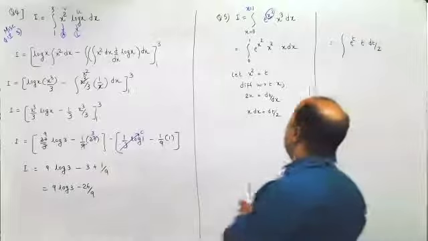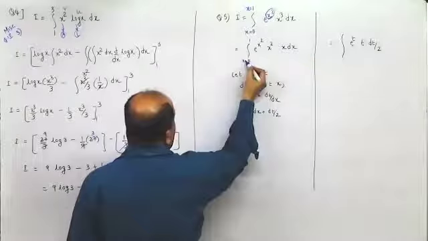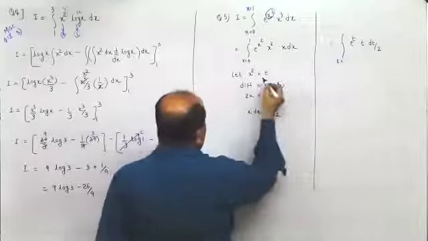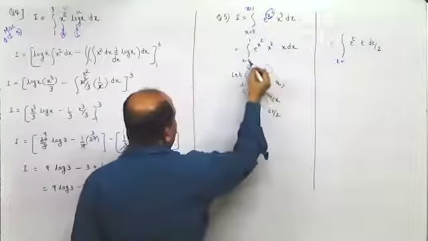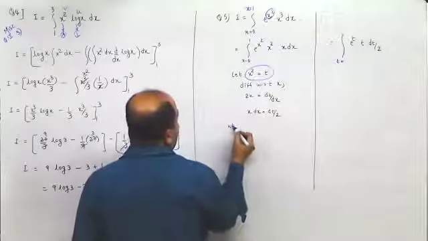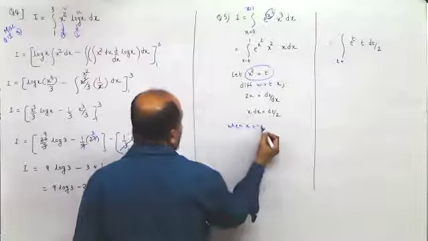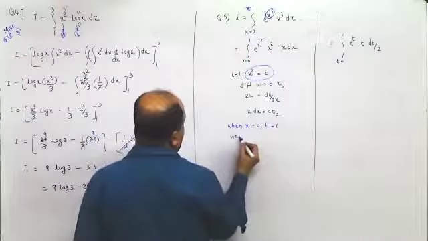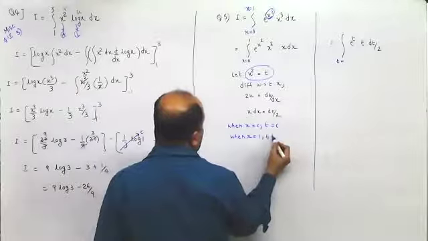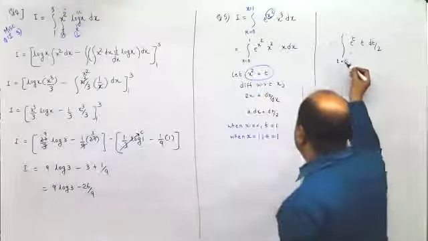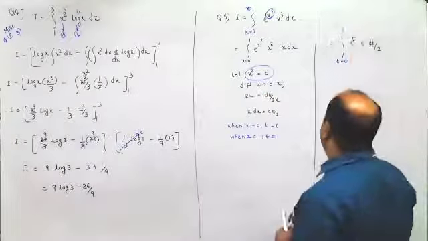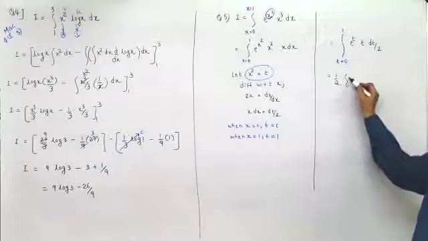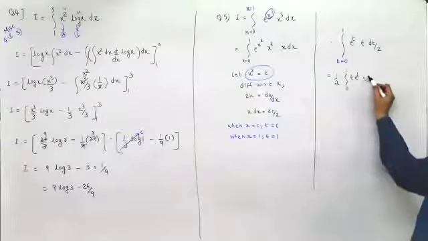And now this is dx when x is 0. So here replace this with t. How? Use this substitution. When x is 0, t is 0. And when x is 1, t is 1. So when x is 0, it would be replaced with 0 here, and x is 1, t is 1. Now take that half outside. You would get half, 0 to 1, t e raised to t dt.